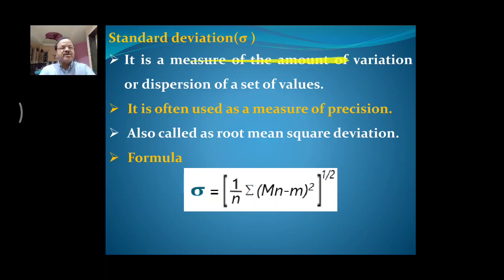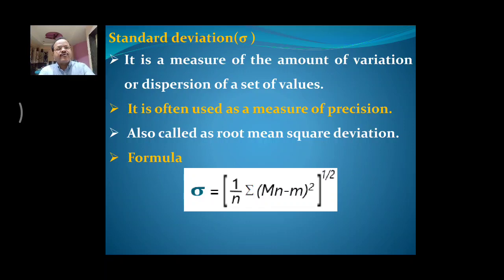It is often used as a measure of precision. So whether there is precision in the readings or results can be decided by standard deviation. Also, it is called the root mean square deviation,